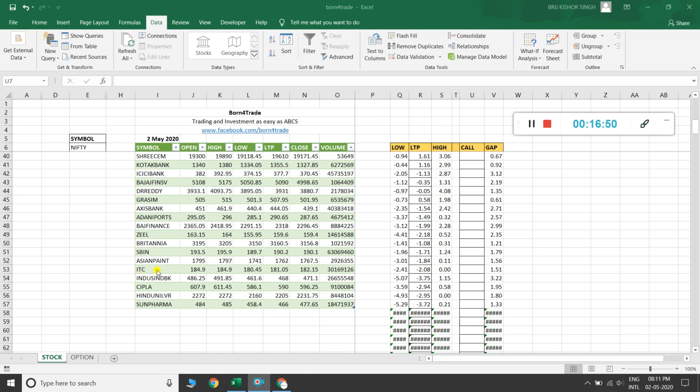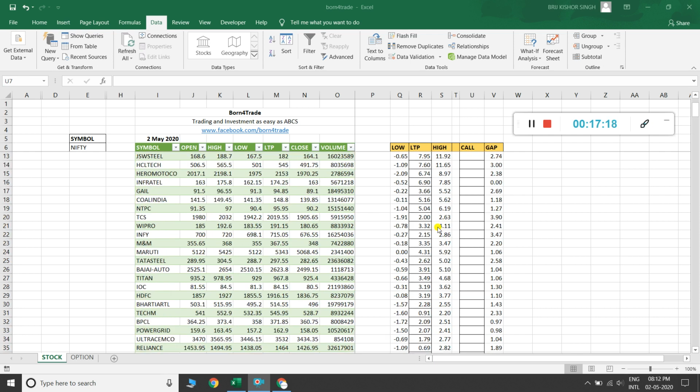Just checking, ITC open is equal to high, that's why 0.00 appears here. Another example, here also 0.00 appears. It means Hindustan Unilever open is equal to high. That's why 0.00 appears here.